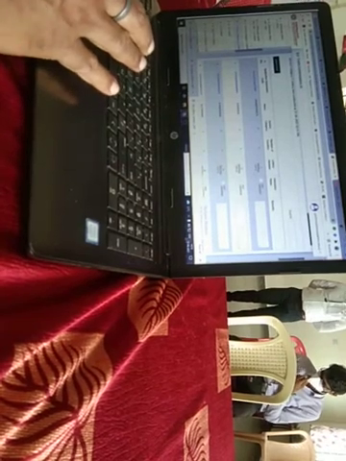Since after category 1, then only we will go for category 2. So here from the first onwards, it is being mentioned as waiting list 1, 2, 3. It means only after completing category 1, we will go for category 2. So this is the category 2 lottery list, service category 2 lottery list.